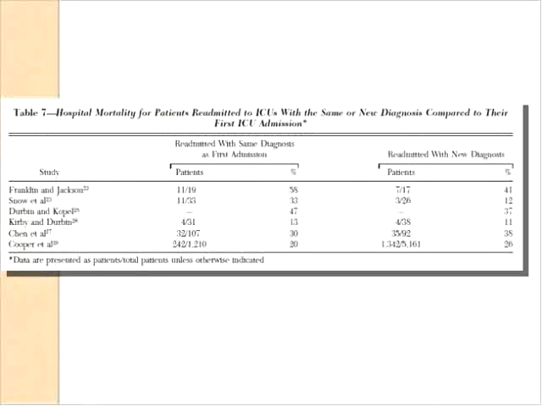mortality. So if a patient is readmitted with the same problem, their mortality in each of these studies is significantly higher than if they're admitted with a different problem. 33 versus 12, 30 versus 38, that one actually went up. 30 versus 26, pretty close, but a little bit up. So there's a trend toward, if you're admitted with a new illness, you do better than if you haven't had